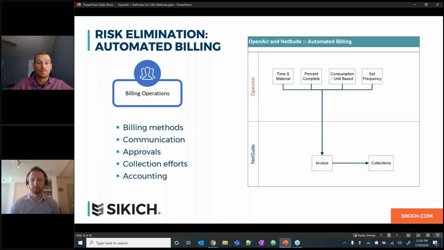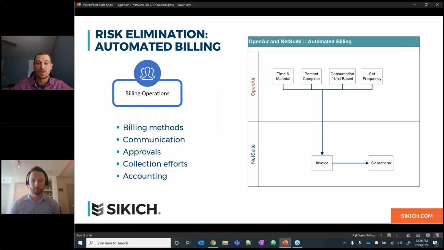I think probably one of the biggest takeaways of this presentation and what we're trying to achieve is a term we have of automated billing. I know that this is typically a pipe dream, and here's where we're seeing a lot of different applications trying to perform the same actions. Hunter is going to show this a little bit in the OpenAir demo, and that's why we put this sort of visual in here to say, what is the handoff? And this is where we're seeing kind of that football toss across the two applications, where we have a number of different billing methods that we can